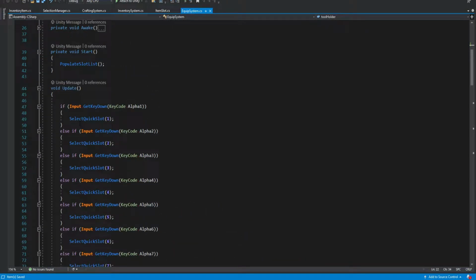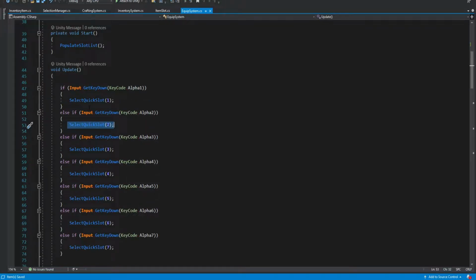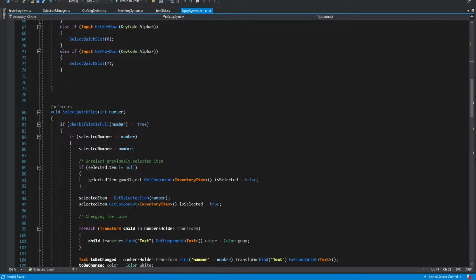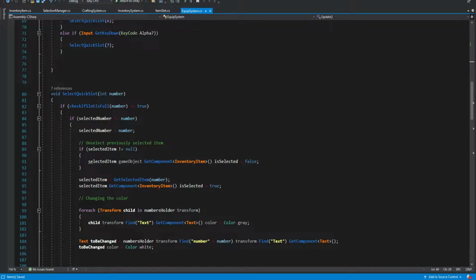Because we first select the quick slot that we want. So for example, we have an axe inside the first one, so we press on 1. So it's going to run this method with 1 inside. So inside this method, we want to display our model on the screen. We want to instantiate the model, right? We want to make it appear on the screen.